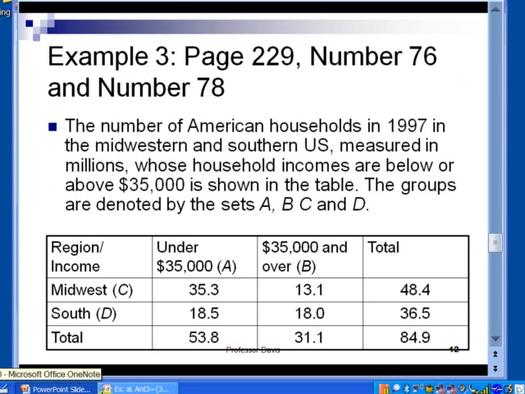All right, so let's take a look at an example now where we use these properties here. So in slide number 12, we have example 3, and it says the number of American households in 1997 in the Midwestern and Southwestern U.S., measured in millions, whose household incomes were below or above